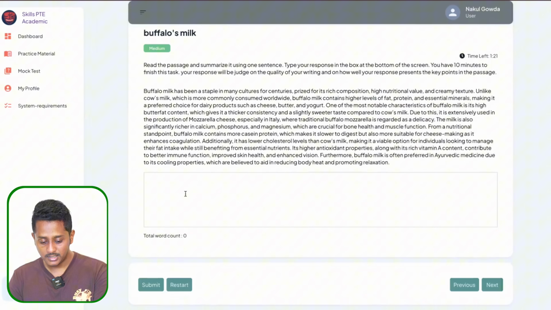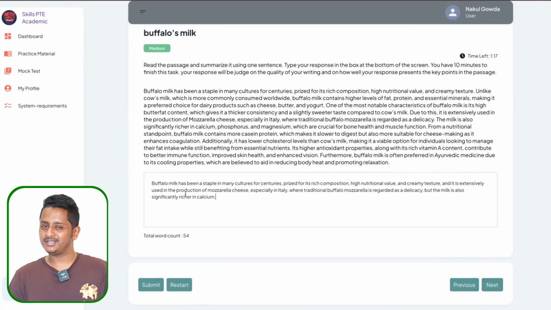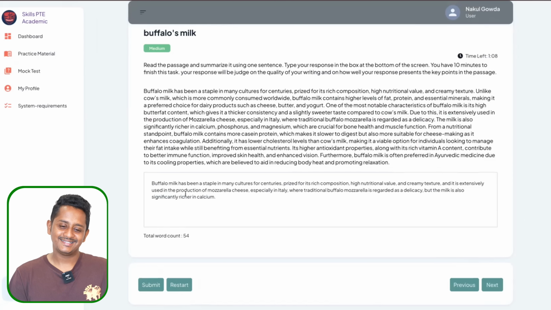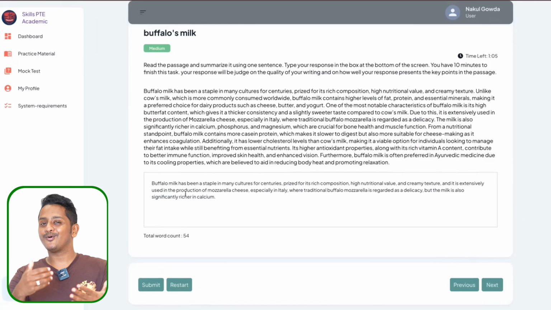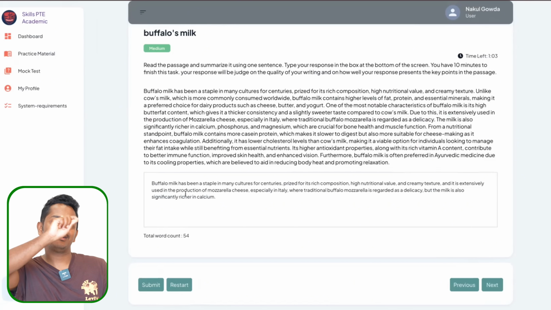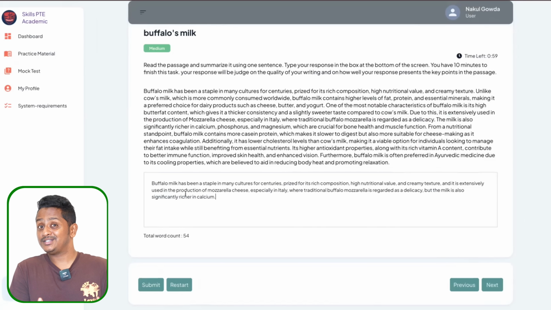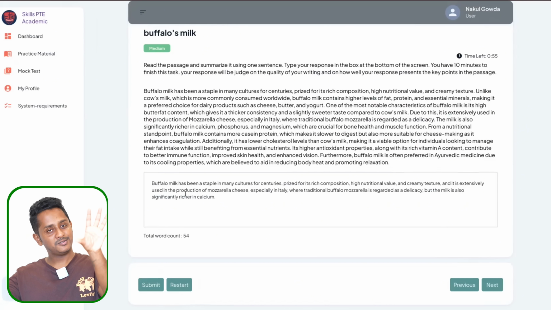Alright, I've already copied it. I'm just pasting it. Is 50 plus words enough? It's not basically about 45 words or 50 words. It's about covering the content. The content coverage should be more from the paragraph. Just covering 1 line or 2 lines from the first part and writing 70 words would still end up getting 2 out of 4 or 1 out of 4. Try to cover as many parts as possible.